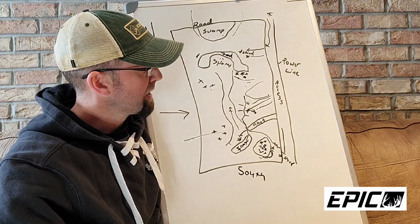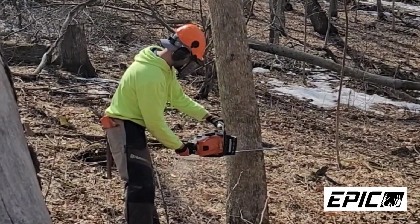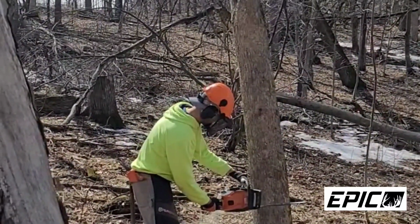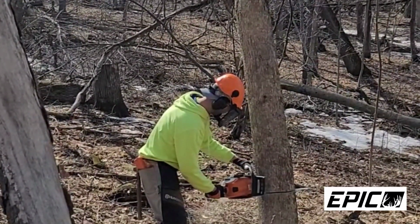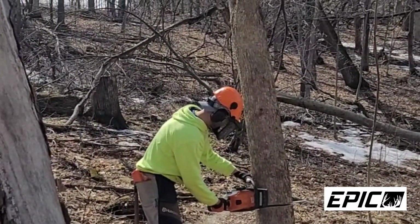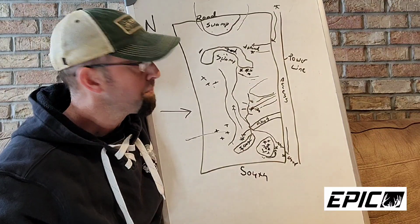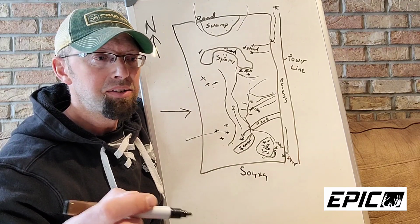I'm going to be bringing you some of the updates from this property. We're going to be the ones that are doing a lot of the hinge cutting up here, so be sure to look for that. We're going to be implementing the hinge cutting on this property in about the middle of May, so be looking for that video after the middle of May here, but definitely within the month of May before we transition into June. So I hope that answers some questions on what you could probably use and utilize